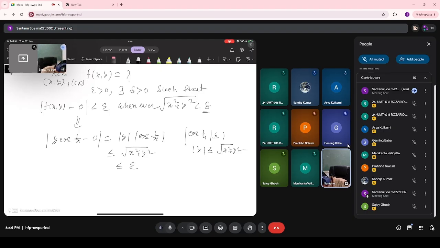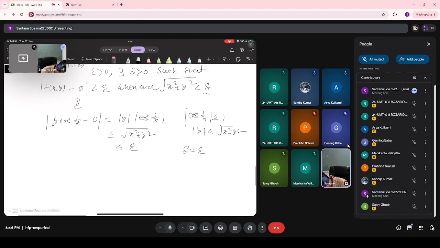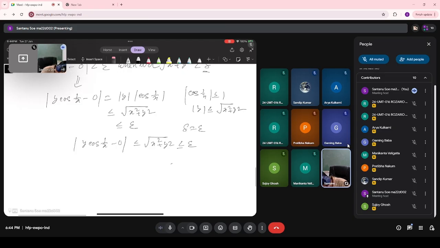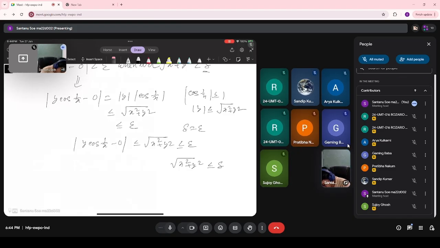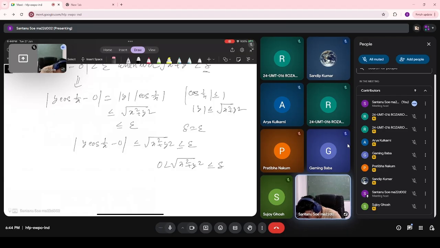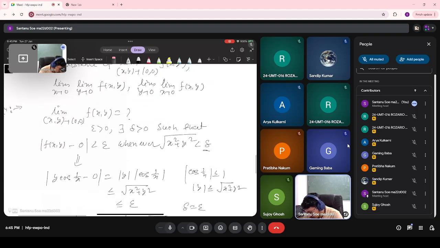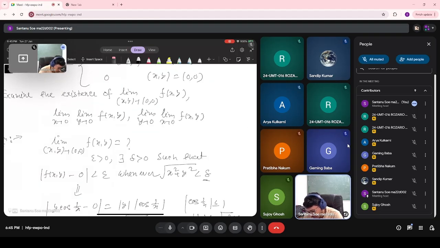So that means if you just take delta equal to epsilon, then modulus of y cos 1 by x minus 0 will be less than or equal to x square plus y square, less than or equal to epsilon, and also square root of x square plus y square is less than or equal to delta. It doesn't matter whether it is less than or equal to or strictly less than, both are the same, because you can always take sufficiently small epsilon or delta. So in this case our delta is nothing but the same as epsilon. So if you choose delta equal to epsilon, then you can show that this limit exists and it's equal to 0,